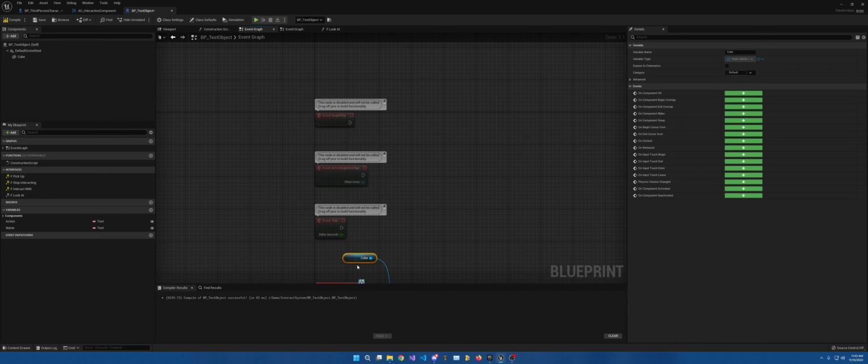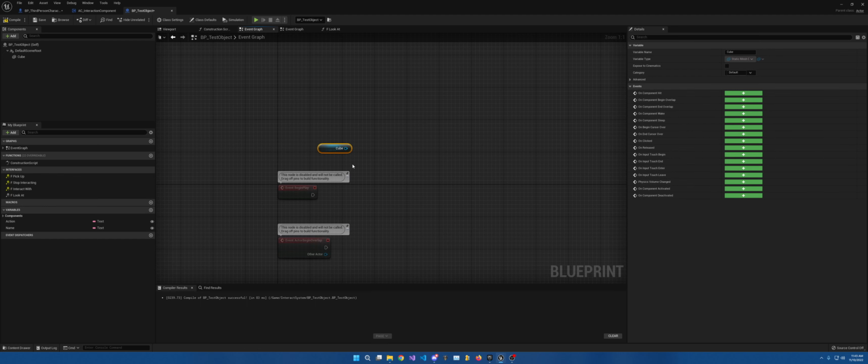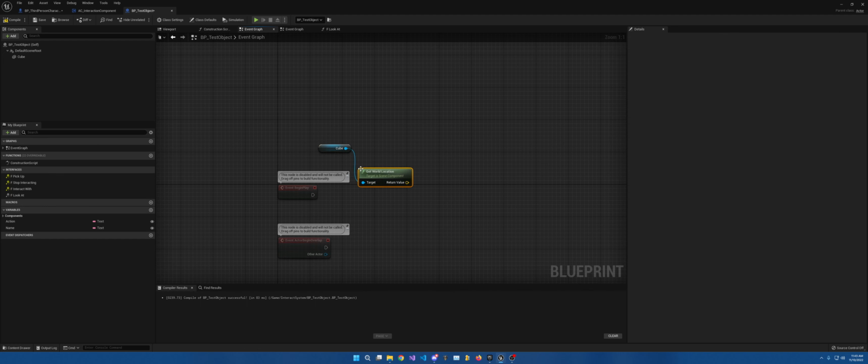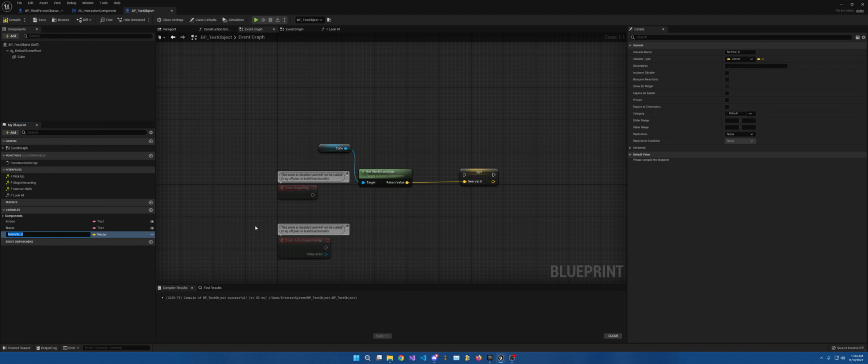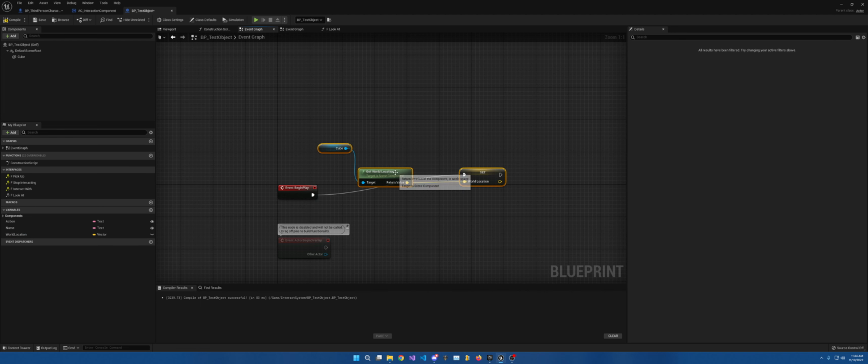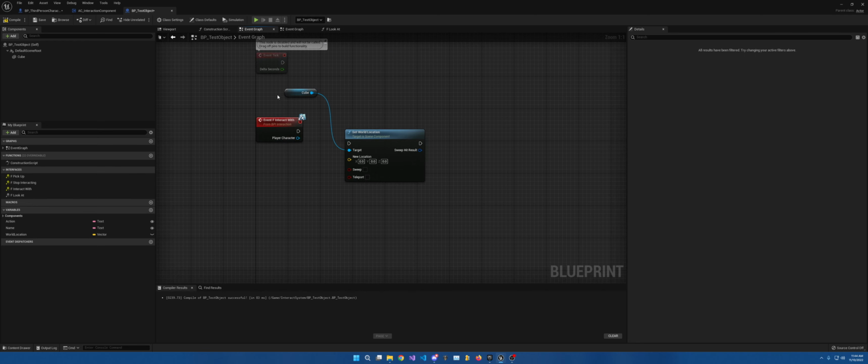Before we do that though, copy, place, get world location, promote to variable, so it's set world location, place that in here, clean that up a bit, then we're going to come over here, make sure we hit compile,